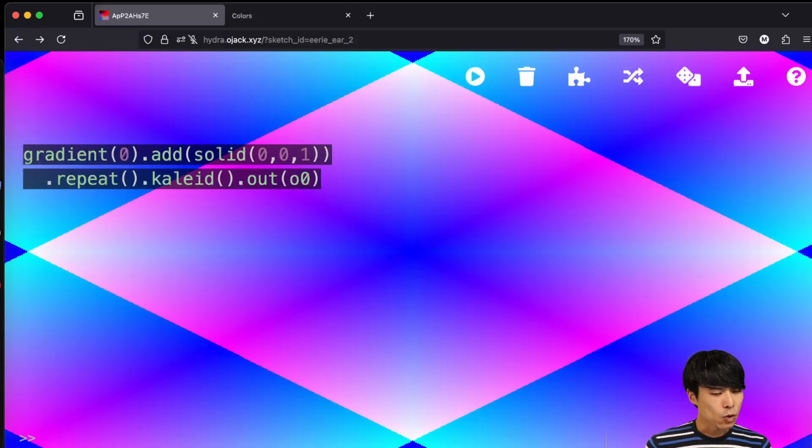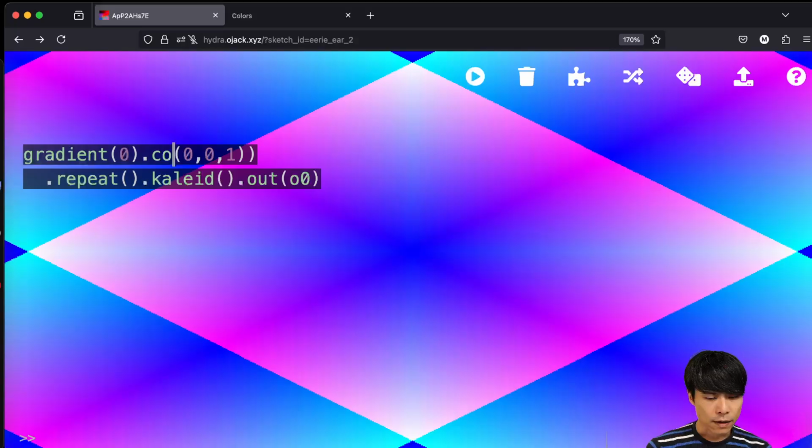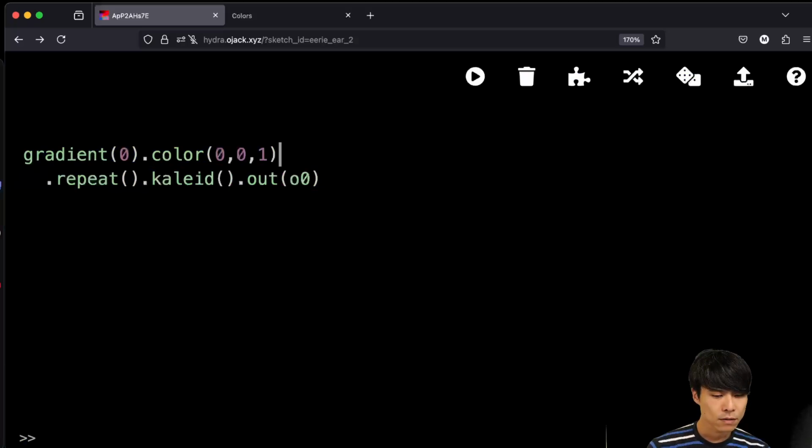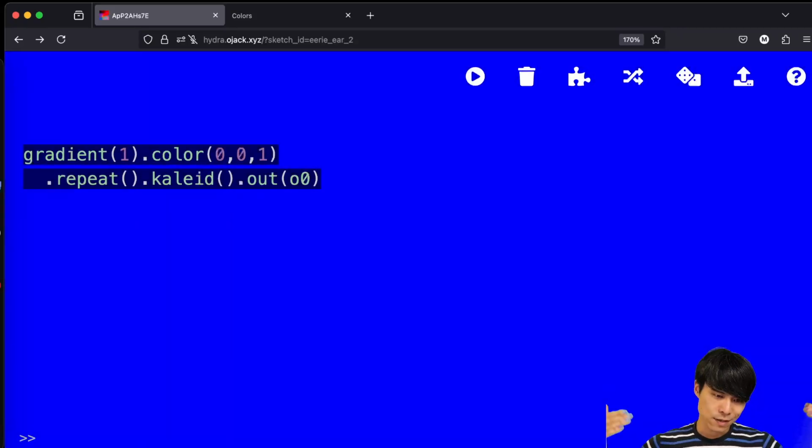And this is just to note, this is very different from the color function. In this case, it's black, because gradient itself doesn't have any blue channel, and color is more like a filtering, so it multiplies. Our red channel is multiplied by 0, green channel by 0, blue channel by 1, which is no change to the blue channel, but gradient doesn't have a blue channel, so you don't have anything here. If you add a blue channel to gradient with this oscillation,